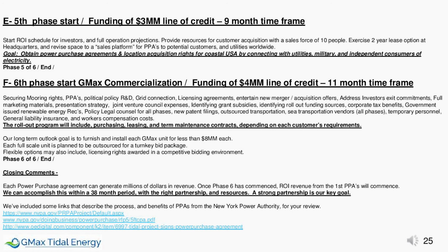Section F, 6th phase, start. GMax commercialization, funding a $4 million line of credit, 11-month time frame. Securing mooring rights, PPAs, political policy R&D, grid connection, licensing agreements, entertain new merger and acquisition offers, address investors' exit